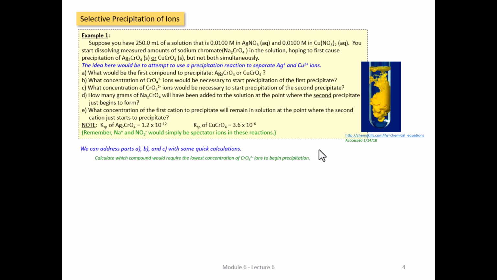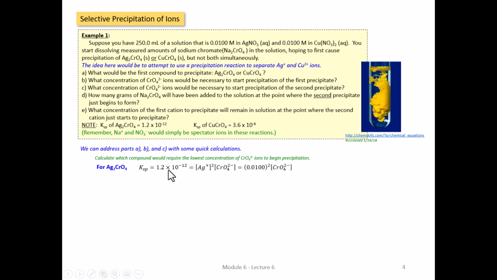Let's calculate which compound would require the lowest concentration of chromate ions to begin precipitation. So what I mean by that is we want to precipitate either silver chromate or copper chromate, and what we'd like to know is which one of these would require the lowest concentration of chromate ions to begin precipitation. That would be the one that precipitates first. So let's calculate that. For silver chromate, we can